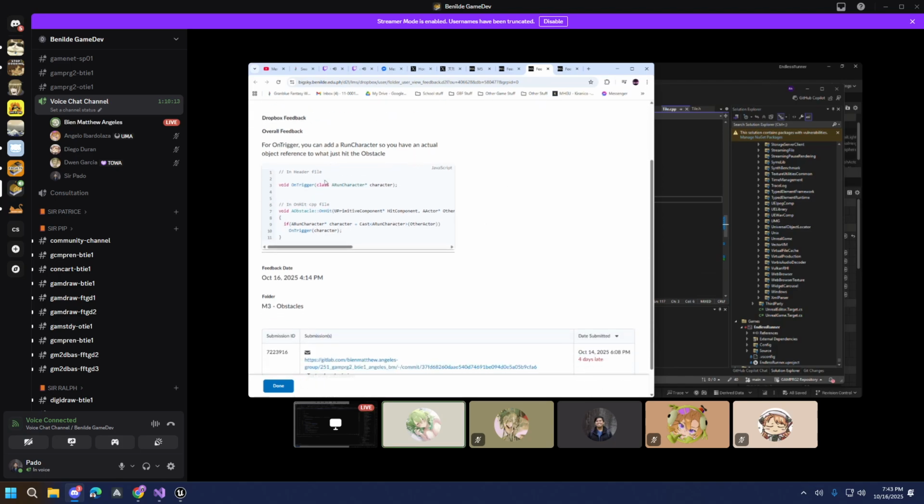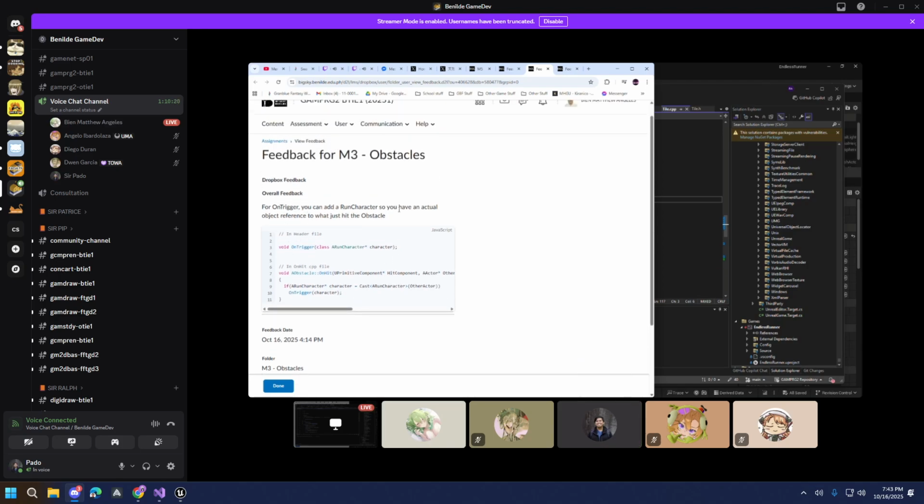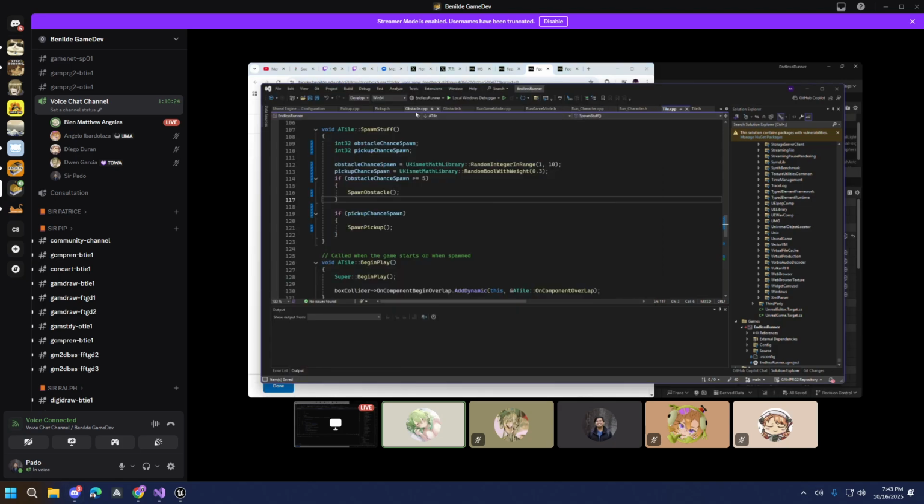So, sir, the last one is the on trigger stuff, technically for both the obstacle and the pickup, since I think they're going to be applied in the same way. So if I go to my